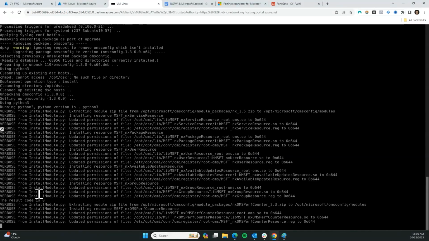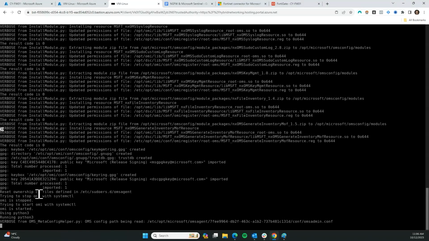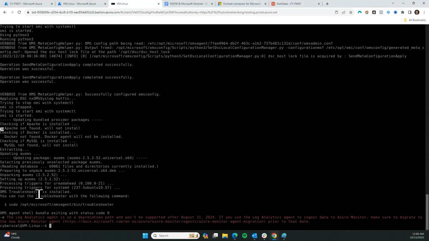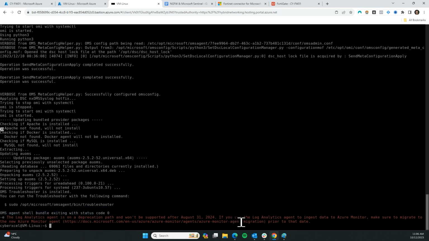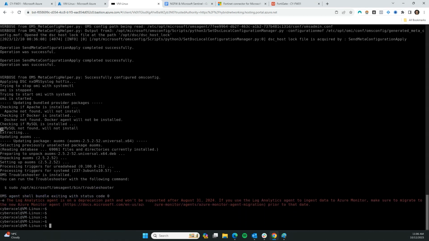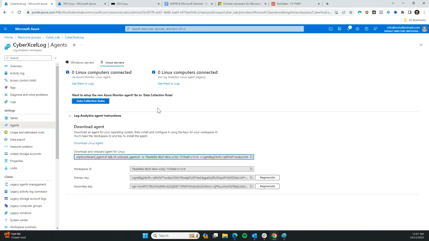Okay. Let's give it some time. Okay. When you get status code 0, it means it has been able to install successfully, which is good. All we have to do is just wait because it will take some time for the analytic workspace to detect this agent. Okay. So what I'm going to do just to wait, but before we wait for that,